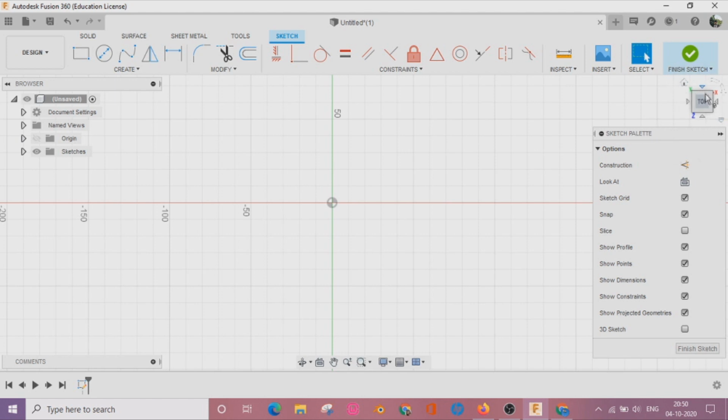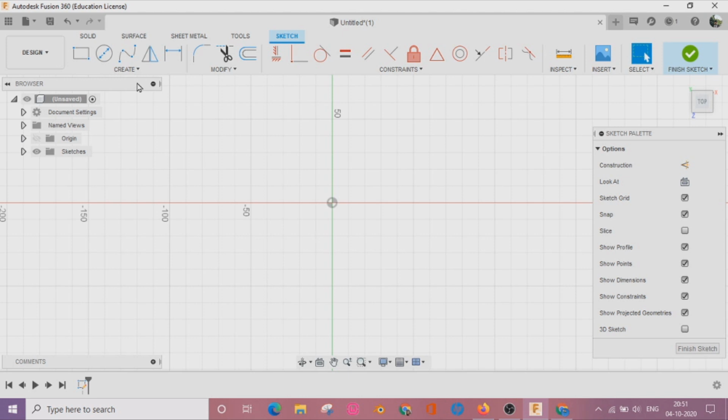After selecting that plane, today we will select the top plane. After selecting a top plane, the plane will automatically become horizontal on the screen.